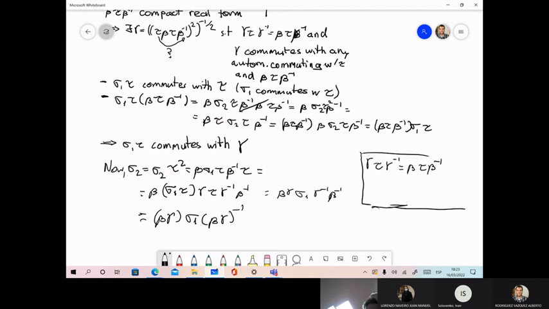Okay. So we have to prove that gamma tau 1 minus 1 2 minus 1 equals 2 minus 1 tau. Oh, but